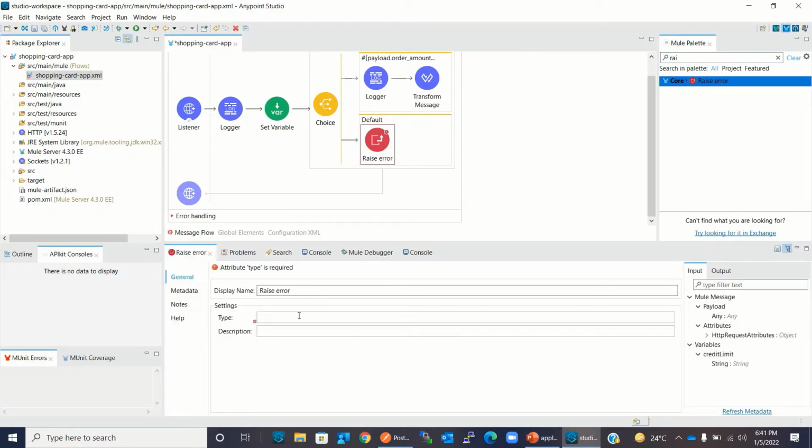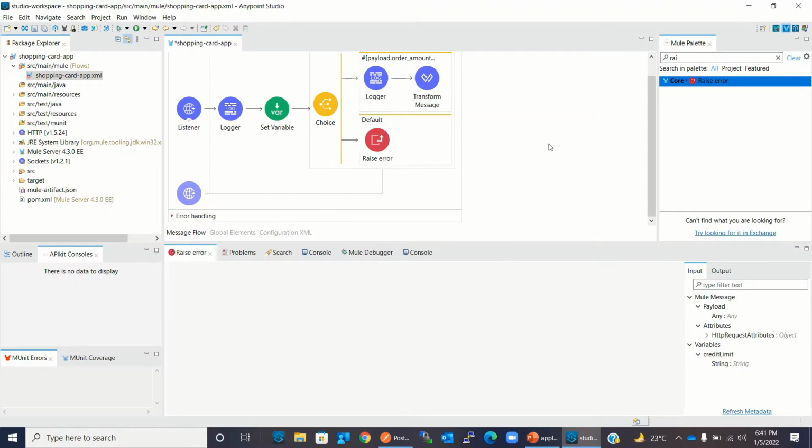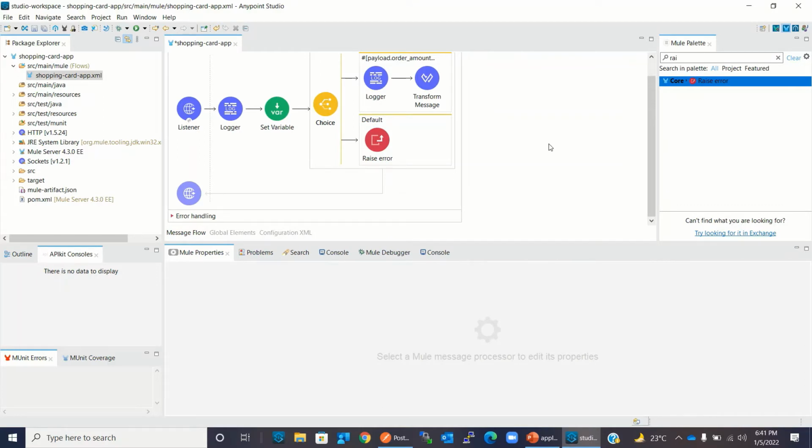Here I will raise the custom error SC:CREDIT_LIMIT_EXCEEDED, and I will write the description: Credit limit exceeded. Now I will save the project.